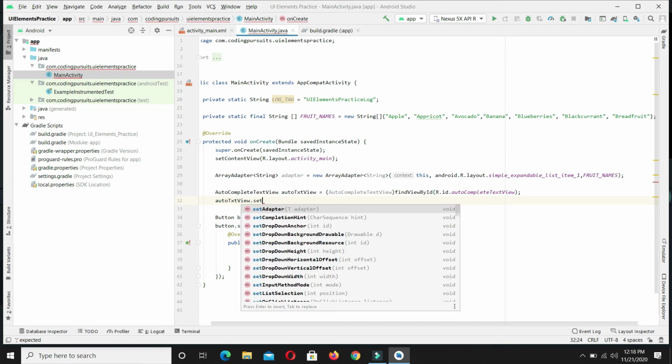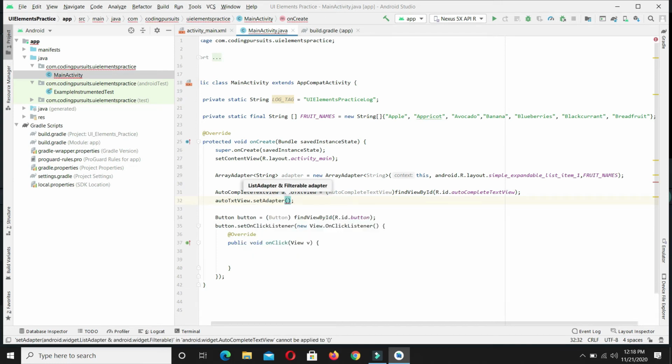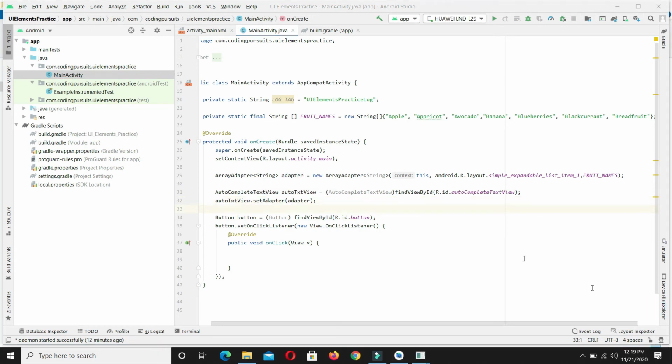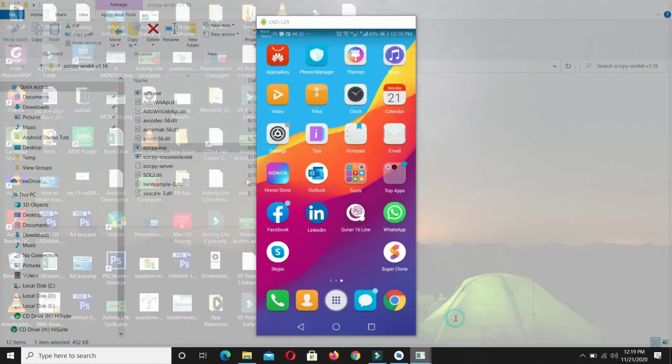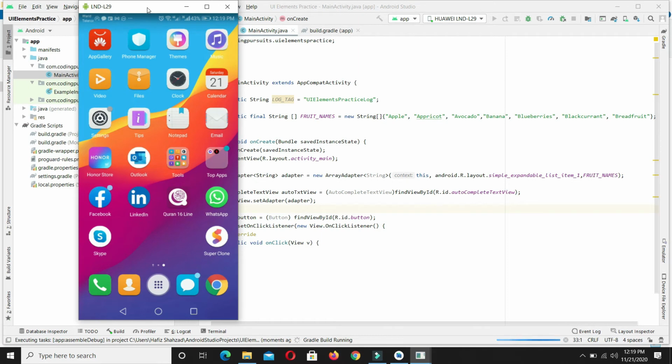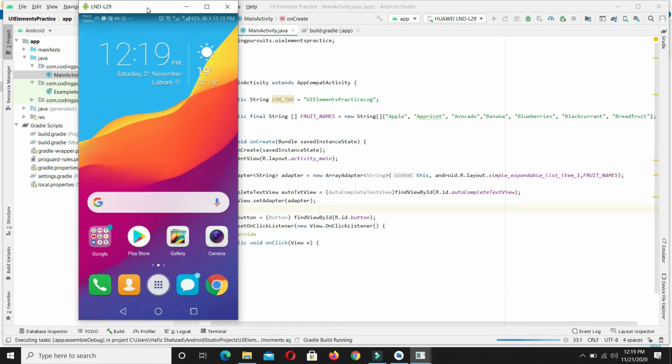We are going to set the adapter we just have declared. So that's it. So now let's compile this code into our device. So select the device and from here run this app into our device. Let's wait a while until Android Studio builds this application into our device.